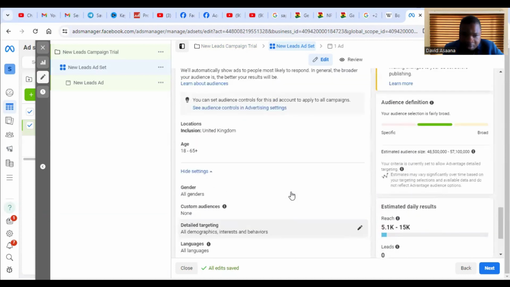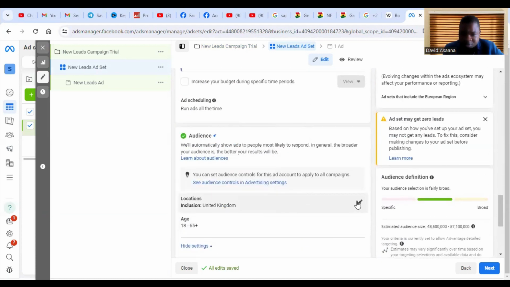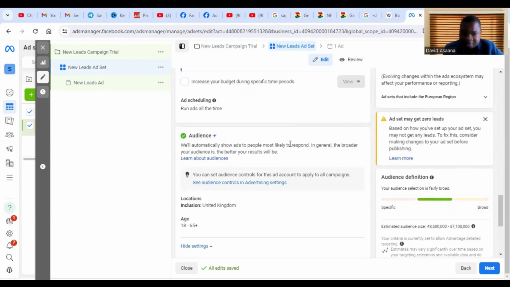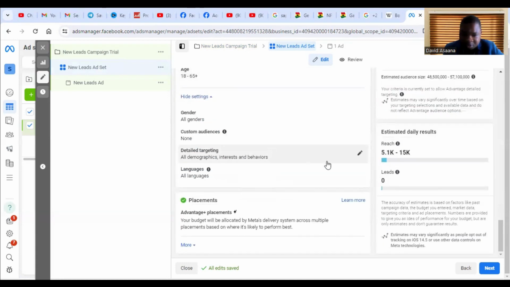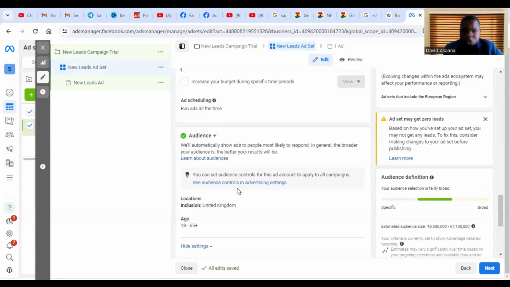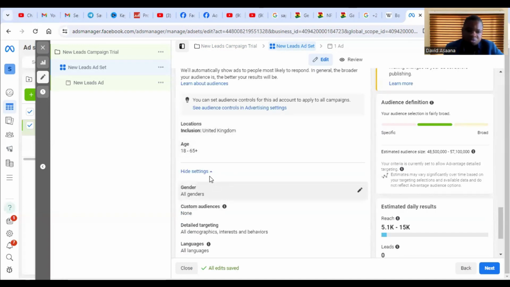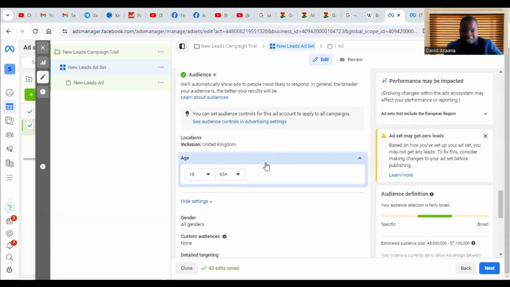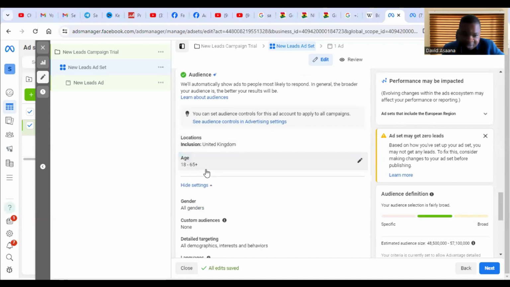Then normally it will ask you to switch to original audience options. I'm not seeing that as it is supposed to appear. It may be because of the objective I have chosen, but normally you may see the switch to original audience option. Then you can switch. It may also depend on the objective we are selecting. Let me just check. The system is changing a bit, but previously, in the past, when you get to the audience,